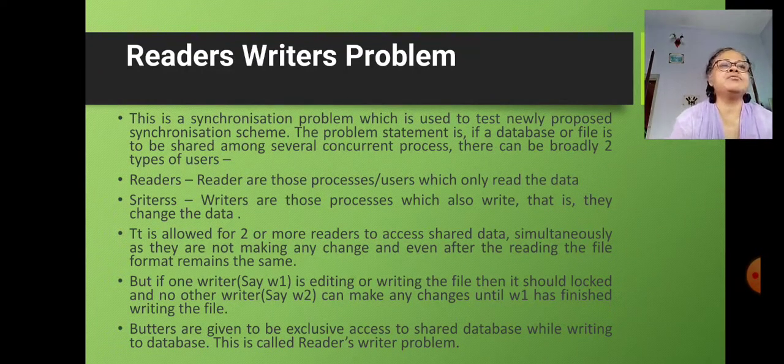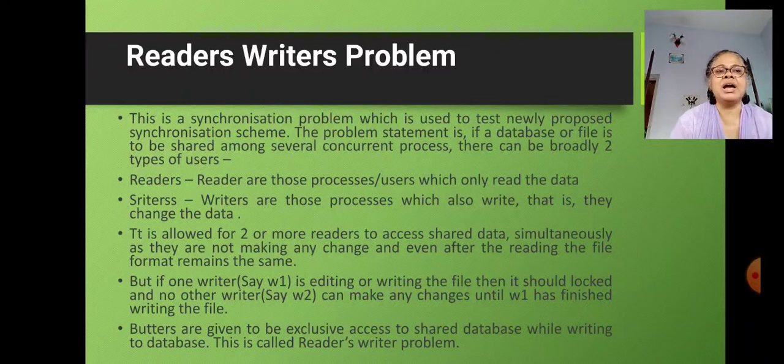Obviously, if two readers access the shared data simultaneously, no adverse effect will result. However, if a writer and some other process, either writer or reader, access the database simultaneously, chaos may ensue.